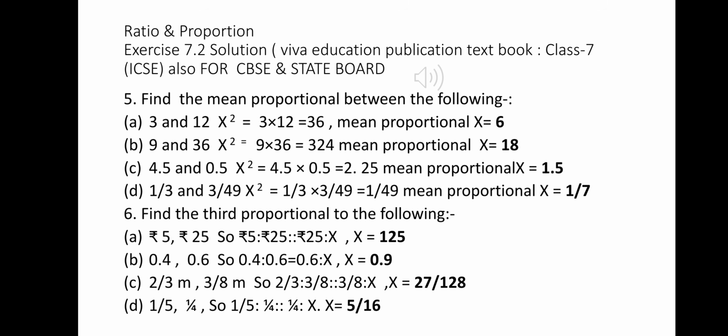Same way B question, 0.6 into 0.6 is 0.36 divided by 0.4, and that is 36 upon 100 into 10 upon 4. So the 10 gets cancelled, and 36 upon 4 is 9, and 9 upon 10 is nothing but 0.9. So this completes exercise 7.2